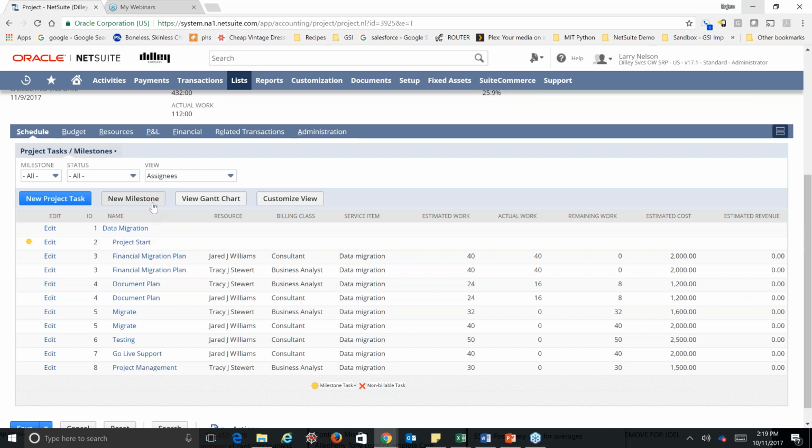You can also set up milestones, and those allow you to bill or recognize revenue based on those milestones. So those are important to use if you bill based on a certain level, phase, or task that you've hit within your project. And just to show you what we would do to set up a task,